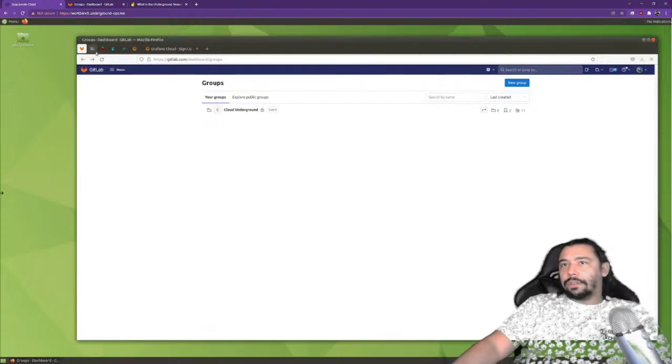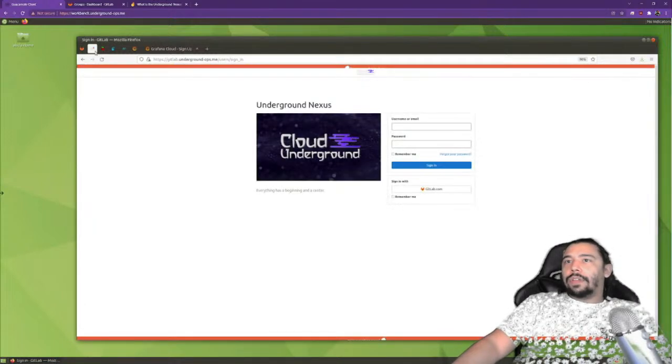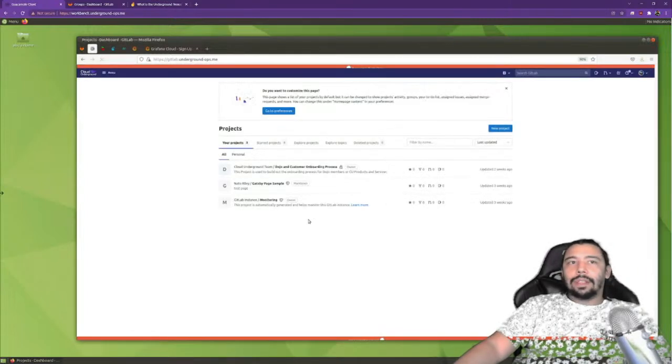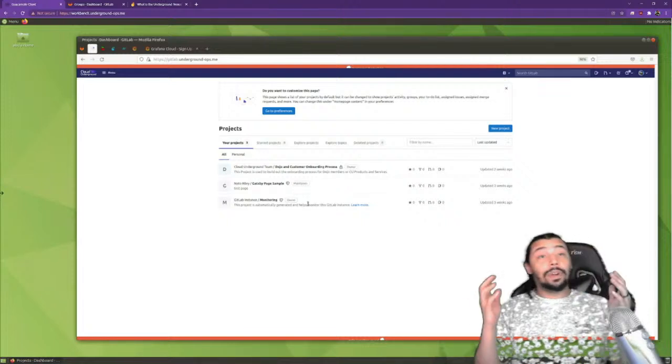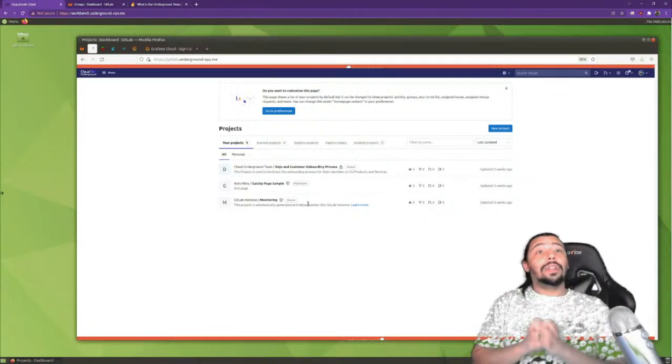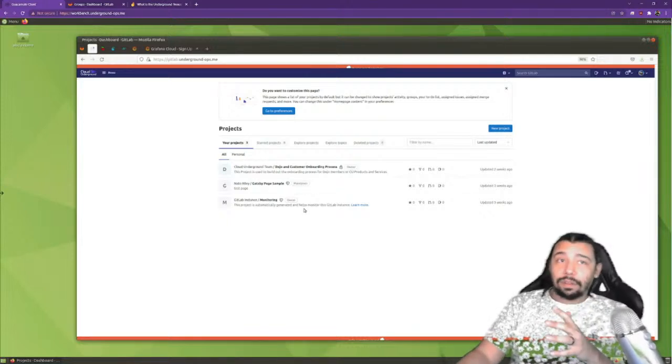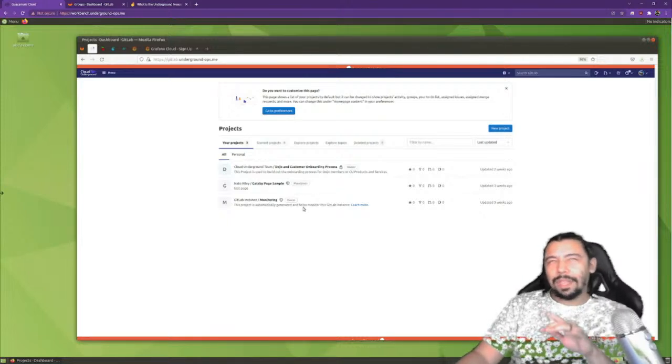Anyways, the way that this app is accessible is if you have a GitLab free account, then it's free. Because it works directly with GitLab, once you download this thing, it'll use your GitLab account to log you in. You can just click on log me in with my GitLab account, and boom, you are now using the Underground Nexus app powered by GitLab. The automation's handled by GitLab, all those little things that make it work under the hood.